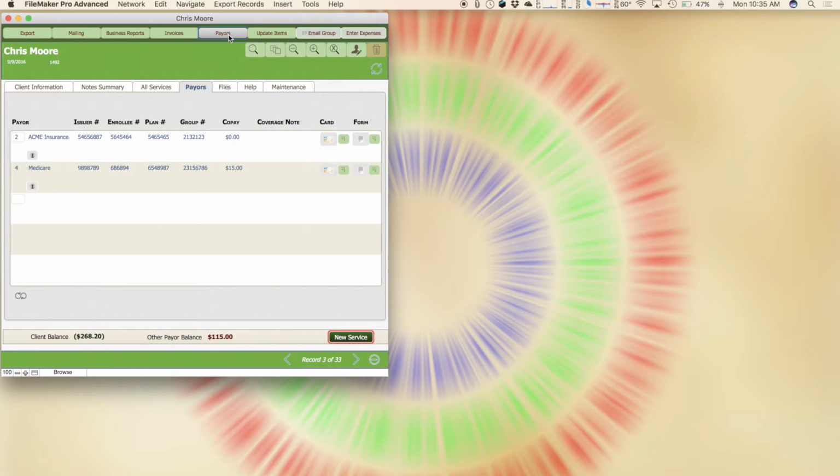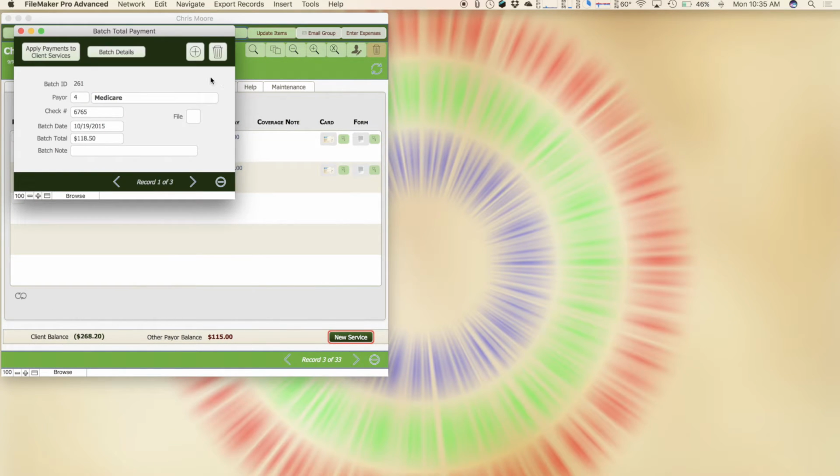Most people prefer just to have the Payors owing as I showed it to you, but there's another option if you like. So we've sent that report to the billing service, they've submitted it to the insurance companies, and we finally receive our money. So we want to receive batch payments. If I go to batch payments here, I can add a new batch,